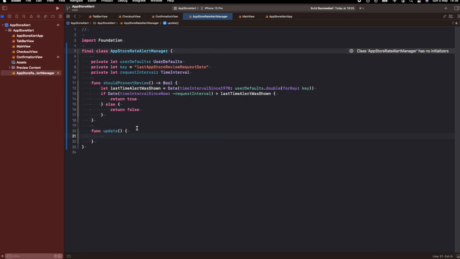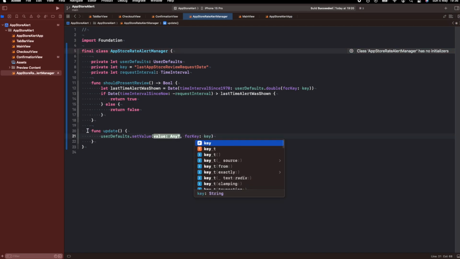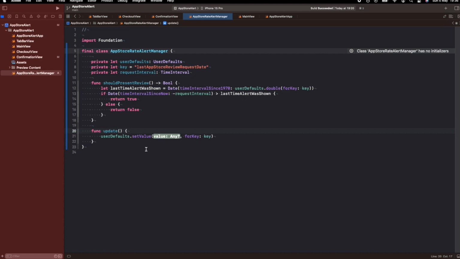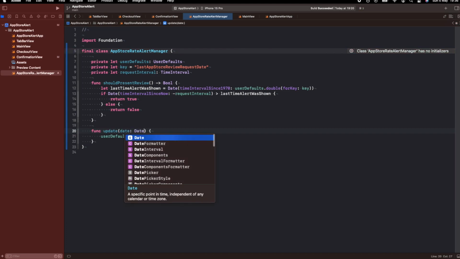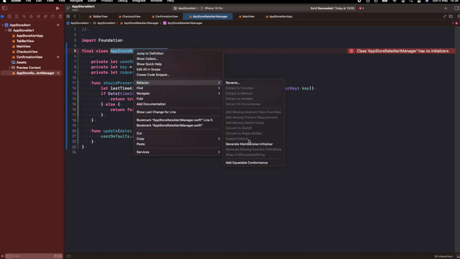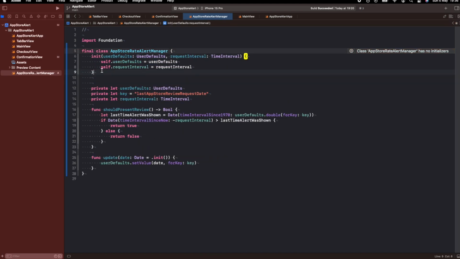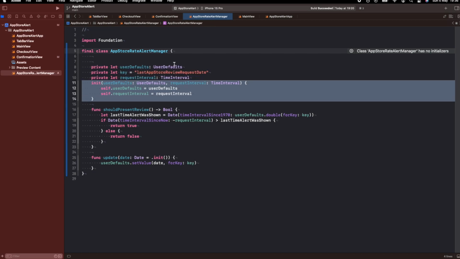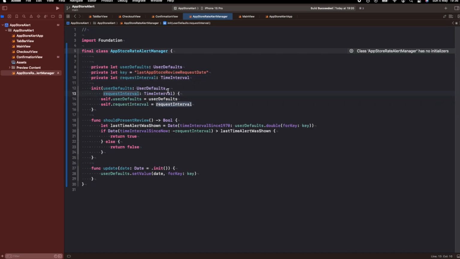And here I'm gonna use user defaults again, but this time I'm gonna set the date, right? Which date? Today's date. So let me just pass the date here. I can just send current date, and I will tell you why I'm using this function injection. This is complaining because this doesn't have an initializer. I'm gonna create one. Let me move this, and let me just try to send